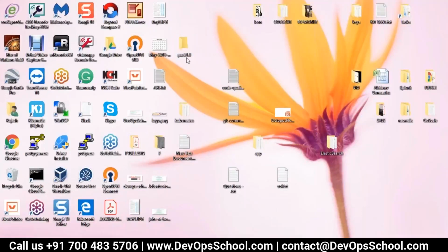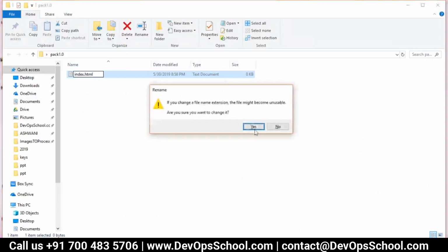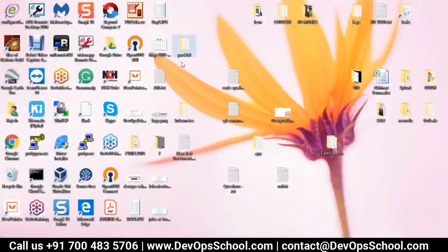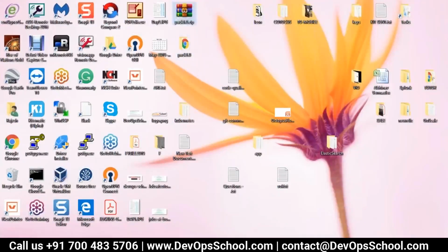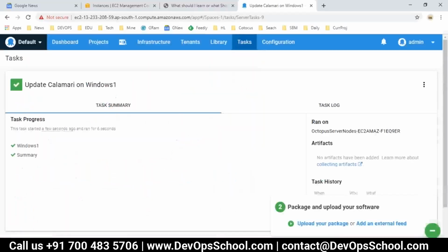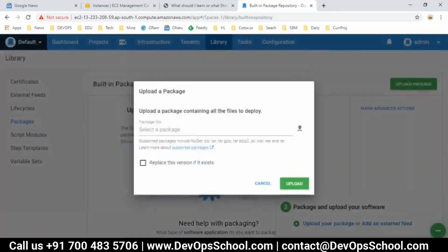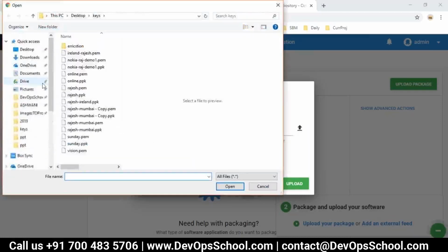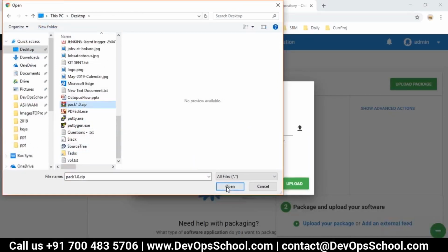Now here I'll have some dummy file for the time being, index.html. This is the one file which you want to deploy in the package. Send to compressed folder. This is the package now. So now I'm uploading the package, from upload your package or add an external feed. Feed means NuGet package. Let's go to this library, and here you have to go to the package and upload a package. Here choose the package which is on the desktop, pack.1,